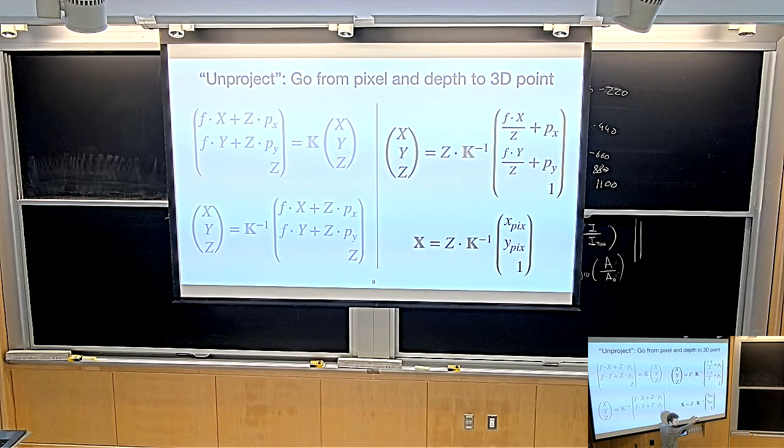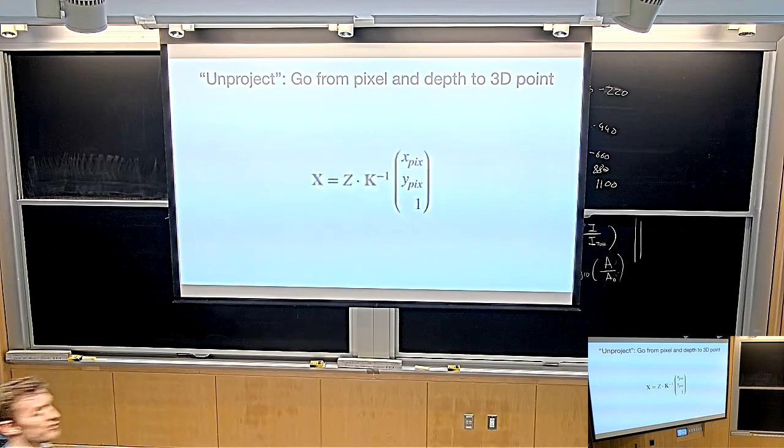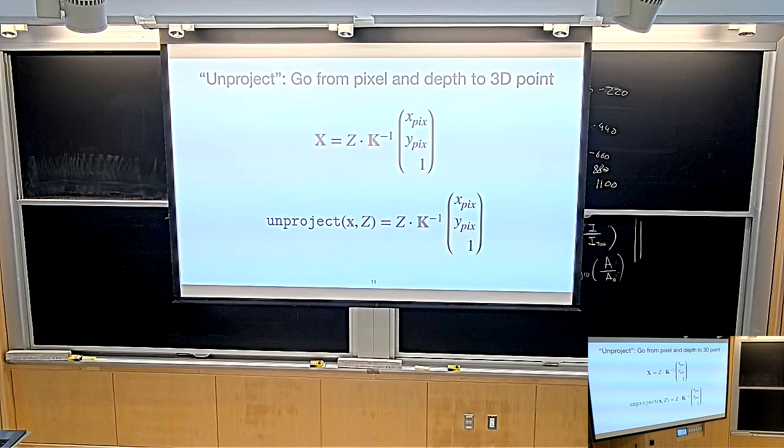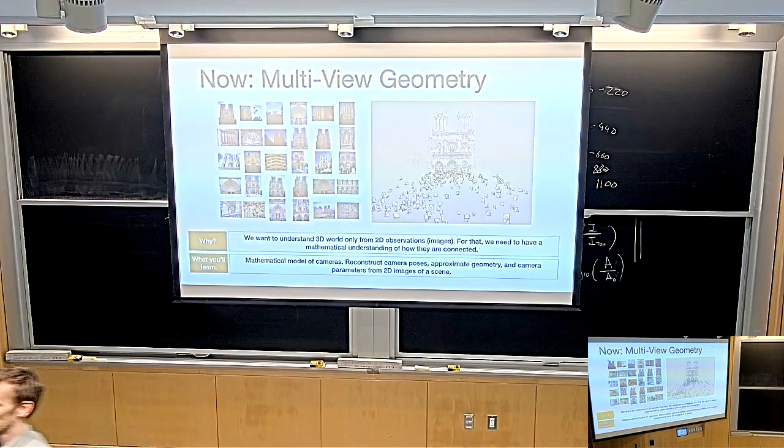And so then you have derived this. This is a bold X, so this is now a 3D coordinate that you have expressed in terms of the homogeneous pixel coordinate and the depth. Does that make sense? So this is now the unprojection operator. It's refreshingly simple. This is how you might actually, I've literally tens of times written a function that has exactly this signature. It takes a pixel coordinate as input and a Z depth, and then it gives you the 3D point. Cool. That's it. Beautiful. Does that make sense? Good. I just wanted to revisit that after screwing it up last time.